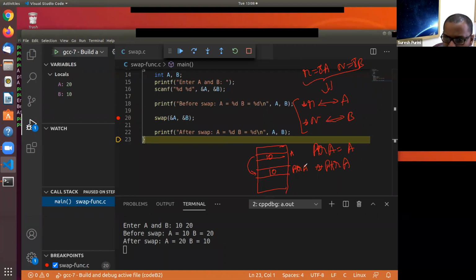When we do *ptrA, which memory location will be accessed? The 10th location. But the 10th location in your memory may or may not be accessible, because some pages in your memory are read-only. So you don't know what is going to happen. You should not be doing that because you don't know what is present at memory location 10.